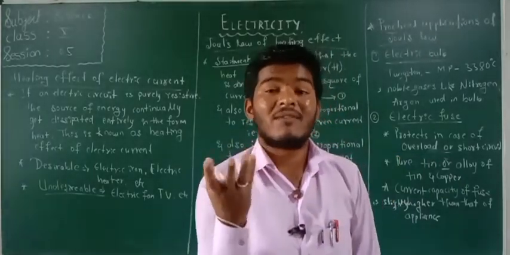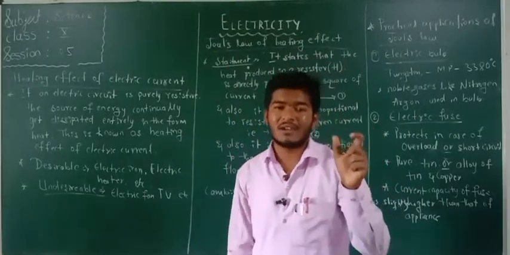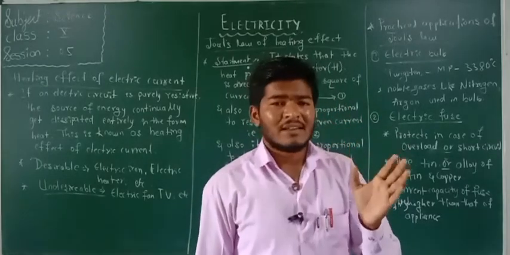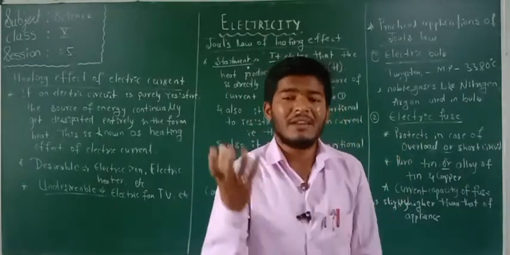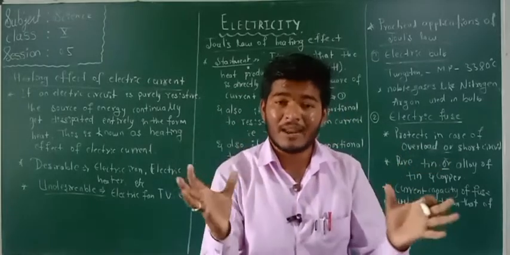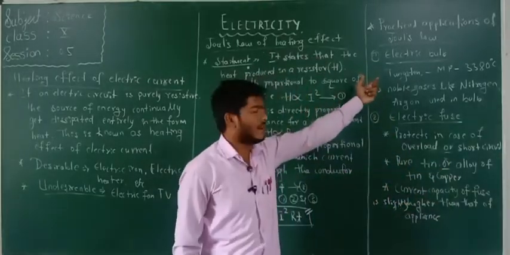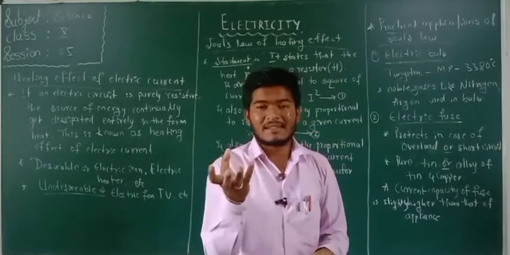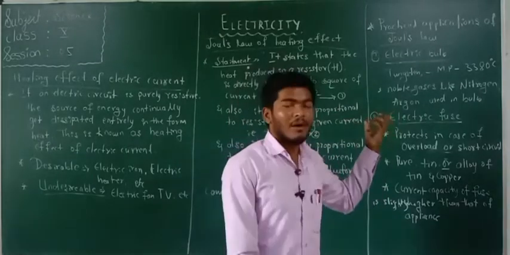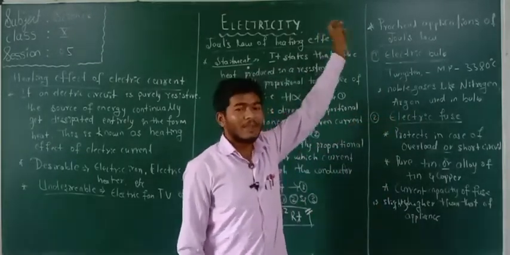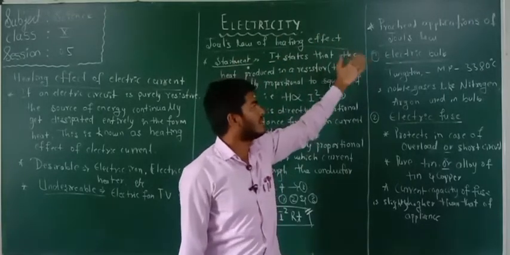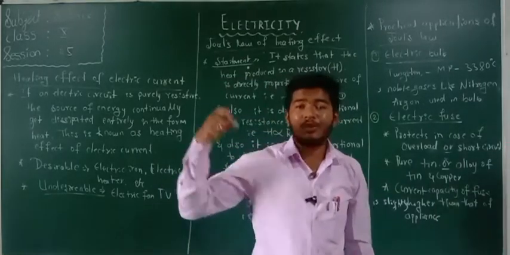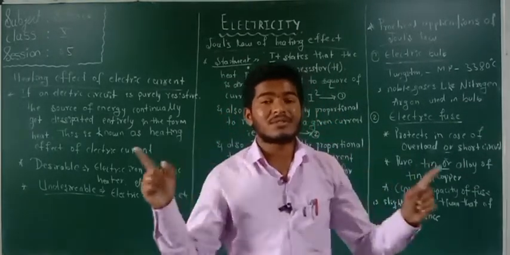When it gets heated, it transmits some amount of light energy. When any metal object gets heated, first it emits heat, and afterwards it emits some light, isn't it? That also happens in the electric bulb. When the tungsten wire gets heated, it produces light rays. That is one of the uses of the heating effect, the electric bulb. In the electric bulb, the tungsten wire is heated due to the electric current and it produces light rays.